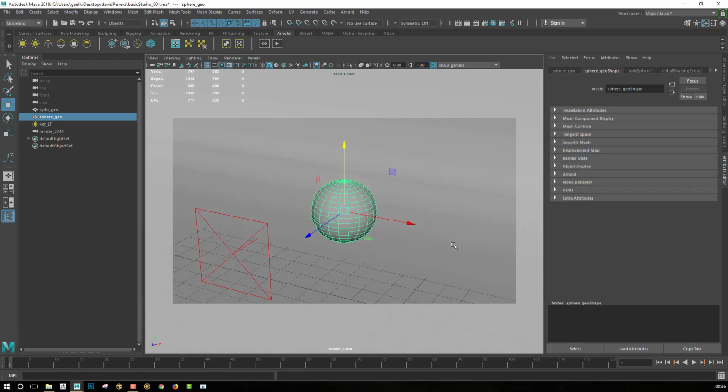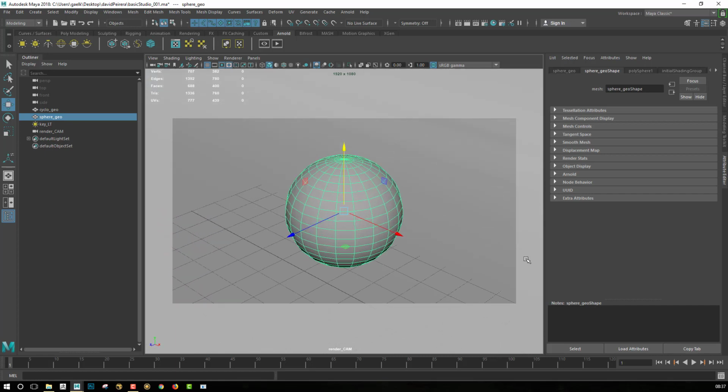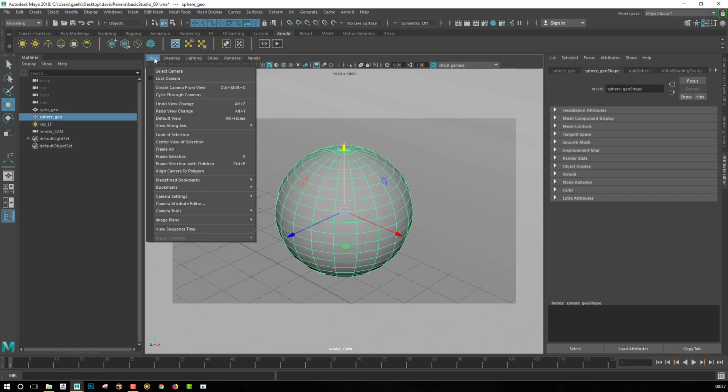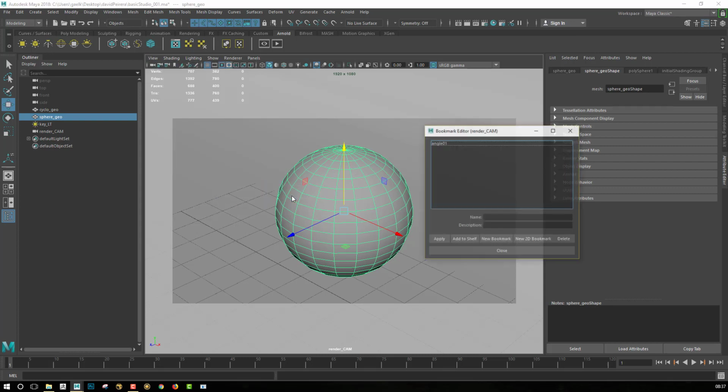And maybe I will go onto another angle and go closer to my object. I will go in the view, bookmark, edit bookmark, and I will add a new one. This one will be the angle 02, and it will be the close-up from my main camera. Apply.